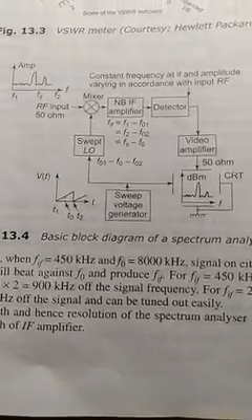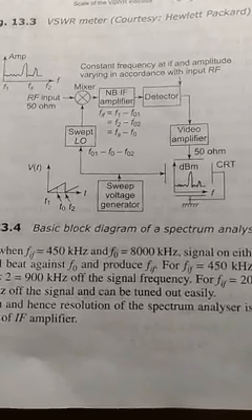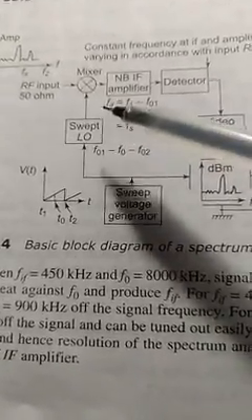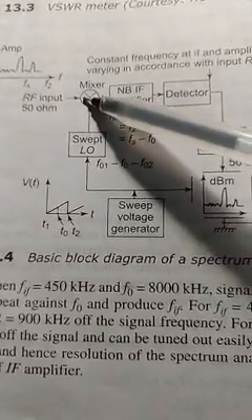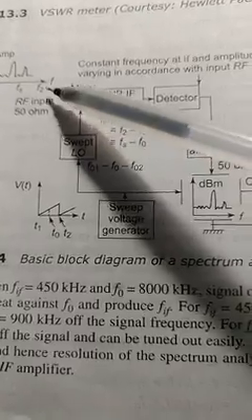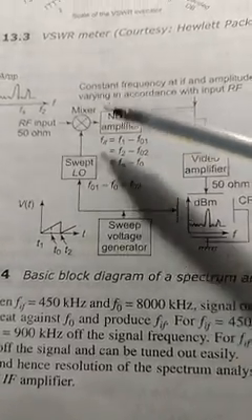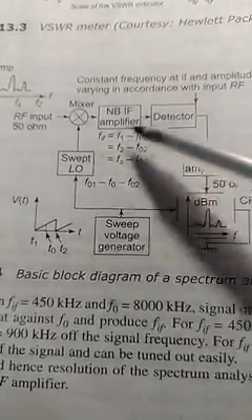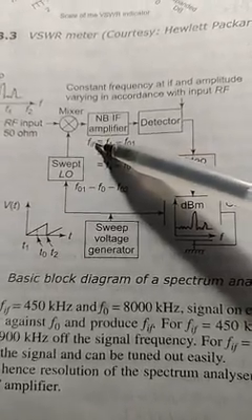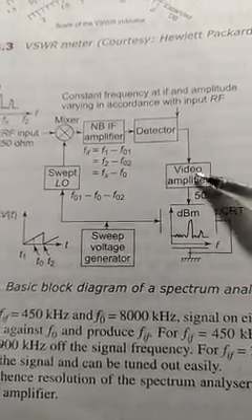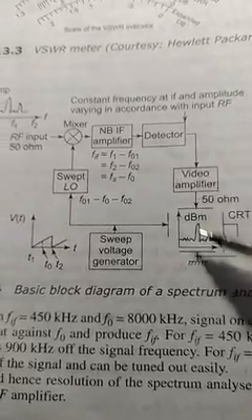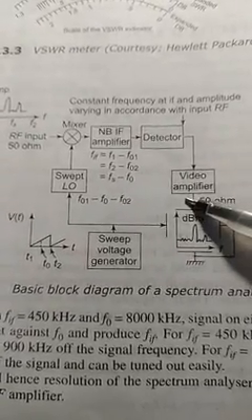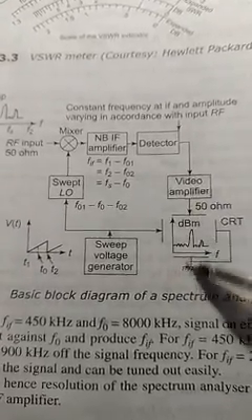In this lecture, we are going to study the spectrum analyzer. As we see in the block diagram here, the spectrum analyzer has a mixer to which the RF input is provided, and there is a local oscillator known as the sweep local oscillator. It has a narrowband IF amplifier, a detector, and a video amplifier, whose output is given onto the plates to show the vertical deflection.